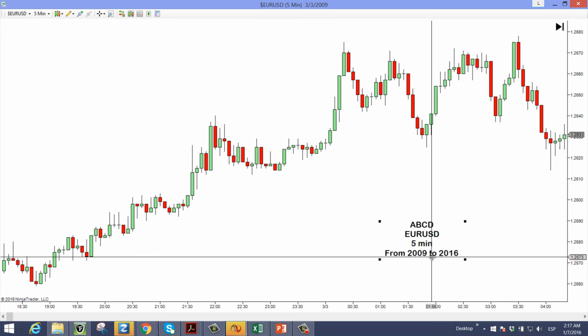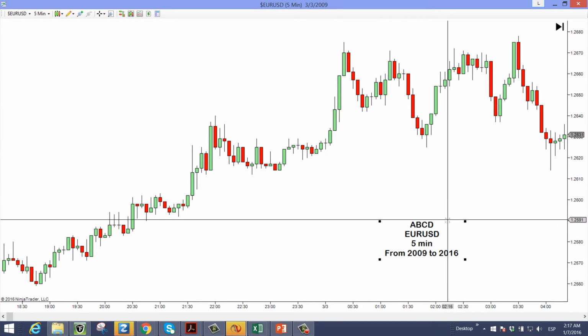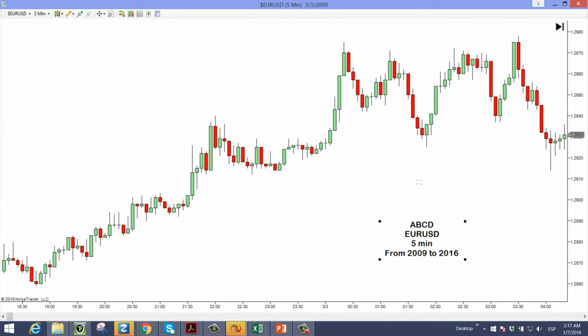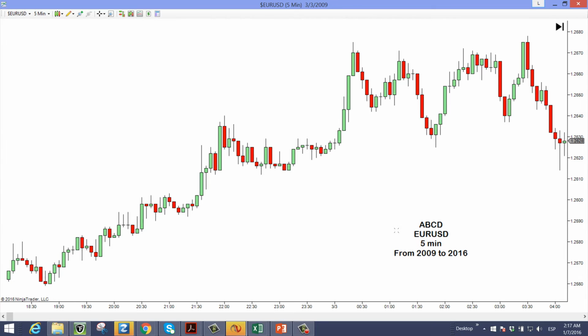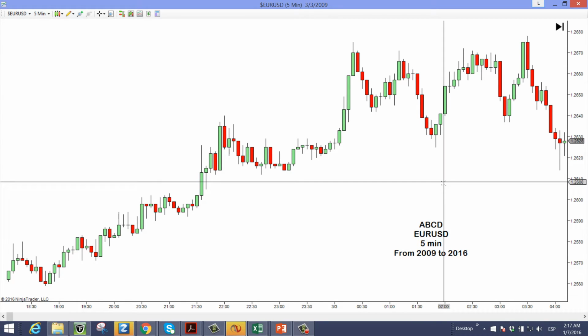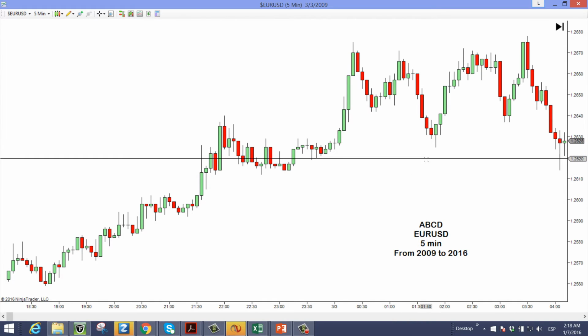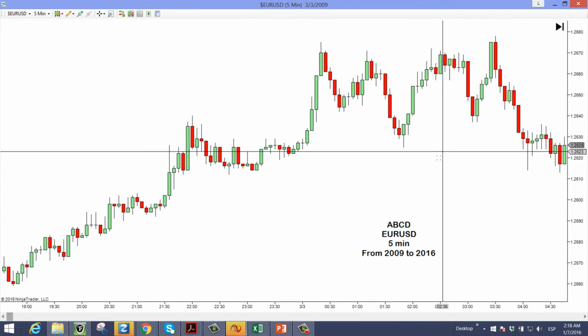That is an interval for a period of time of 7 years. That is a lot of data. So I'm gonna download data from my platform from 2009 to 2016, and I'm gonna take from 2008, and I'm gonna scroll